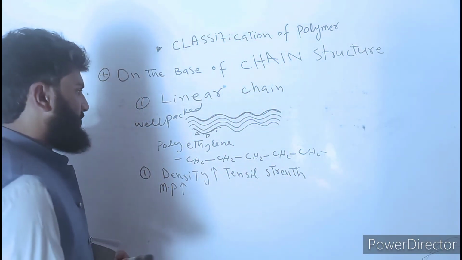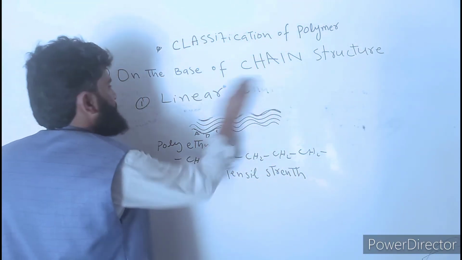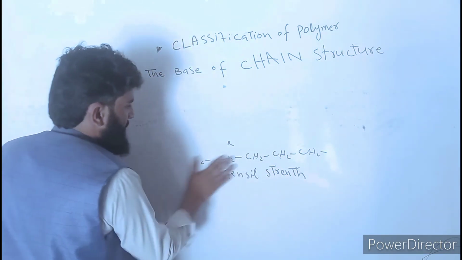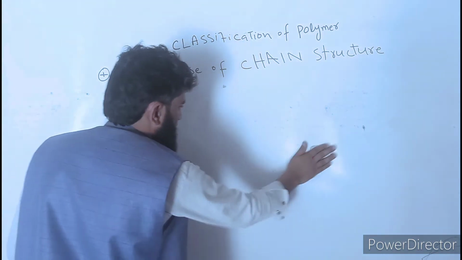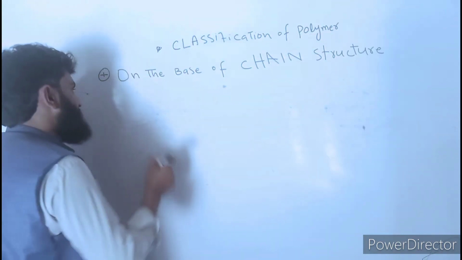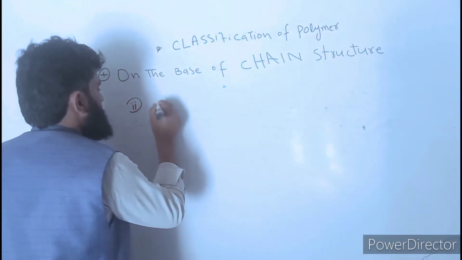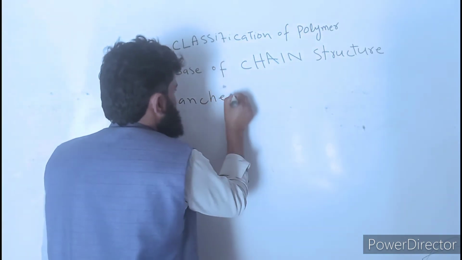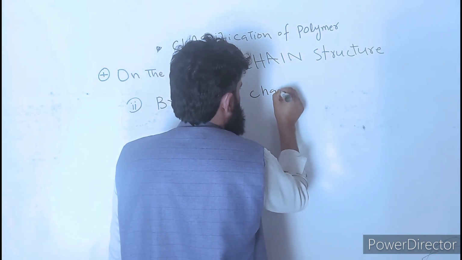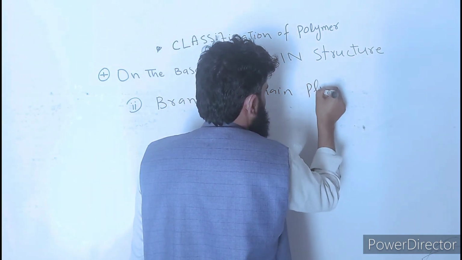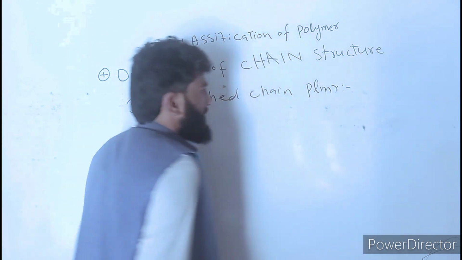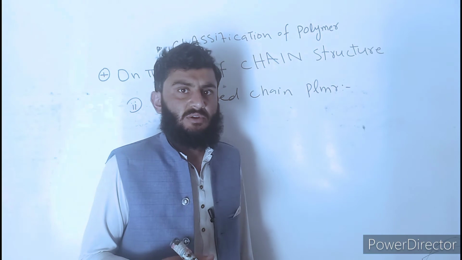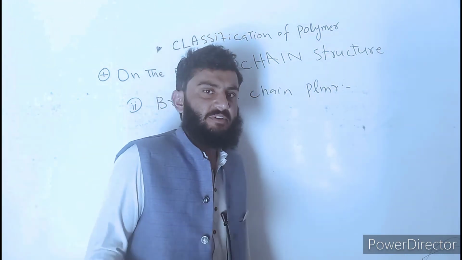So again we are going toward the next arrangement, that is branched chain polymer. The second one is branched chain polymer. So the polymer chains can also arrange with each other in a branched way. For example,